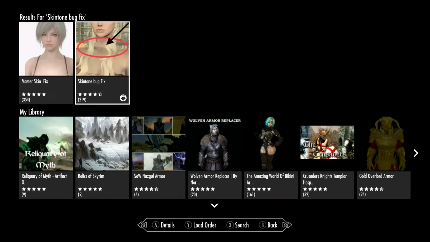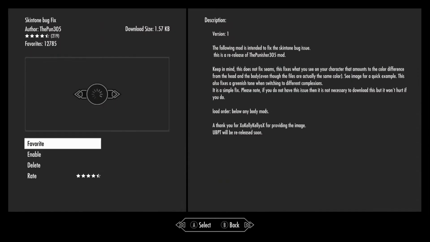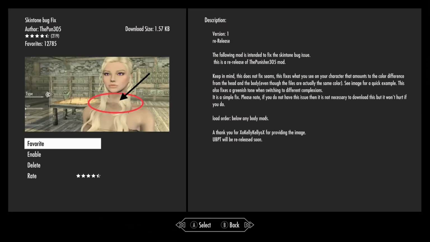The music algorithm had said maybe you can check out the Skintone bug fix. In looking at this, I had to create an issue to try to fix it, okay? So the idea here